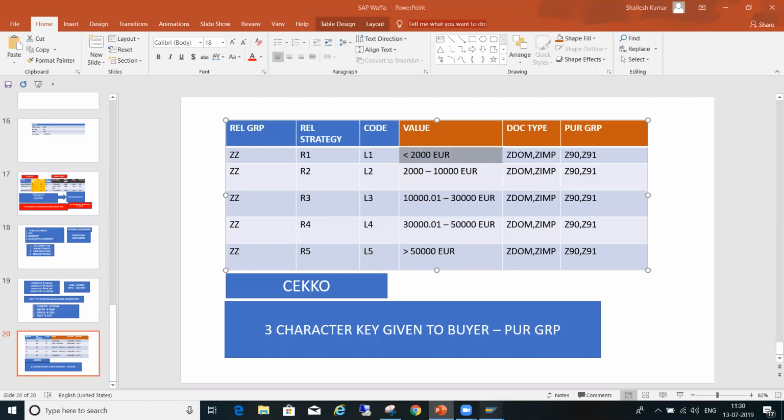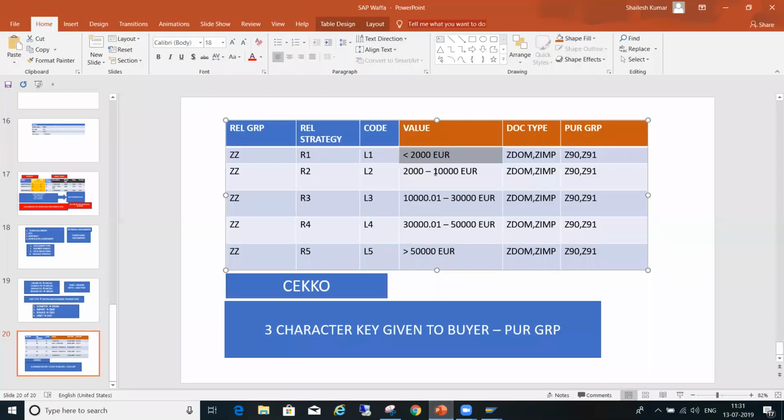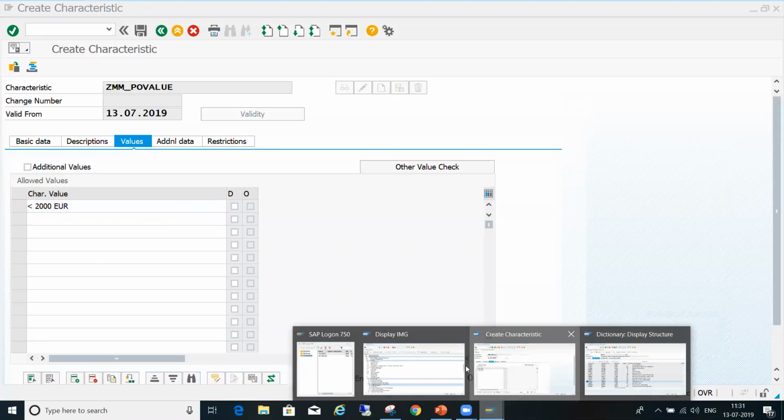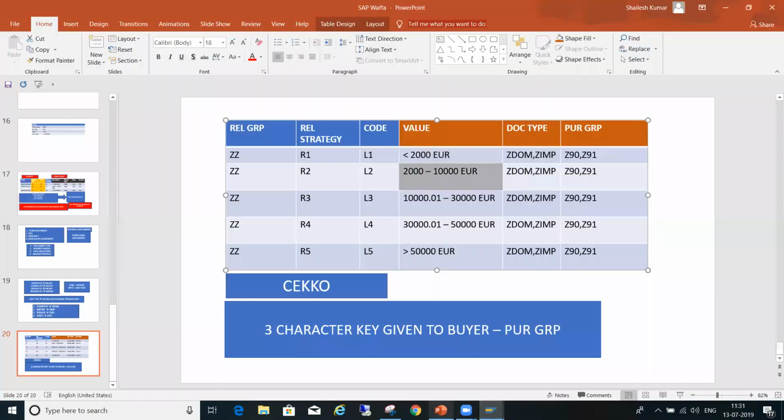So for the first level of release, the value is less than 2000. Then the second level, 2000 to 10,000. Next is 10,000 to 30,000.